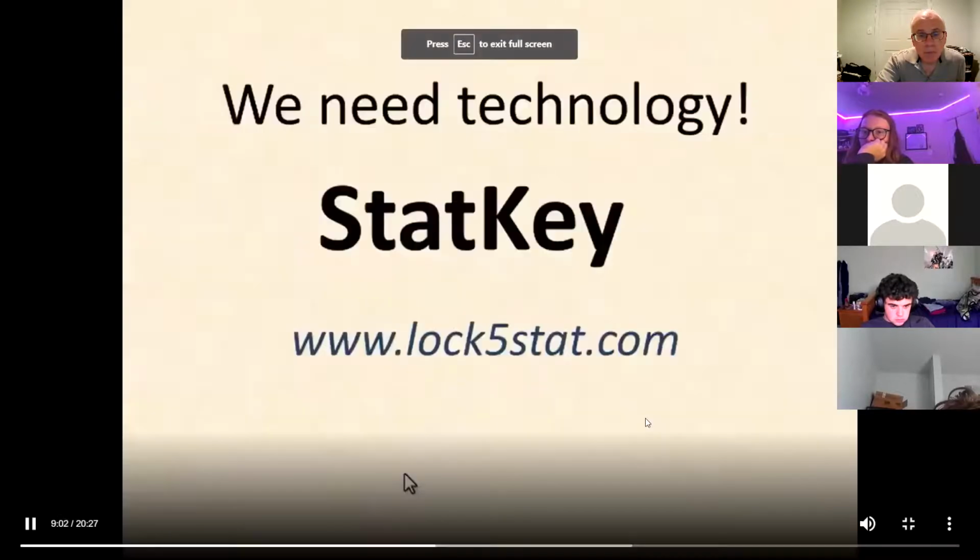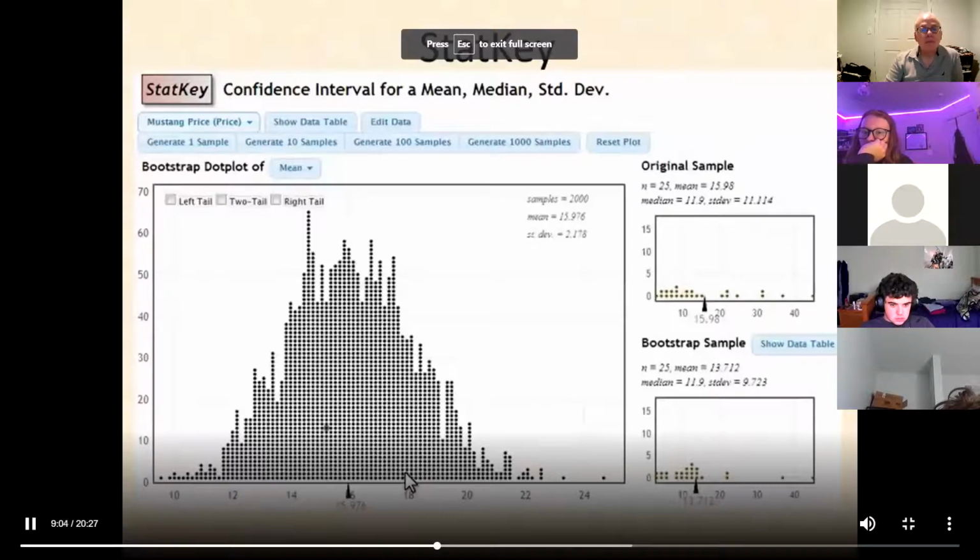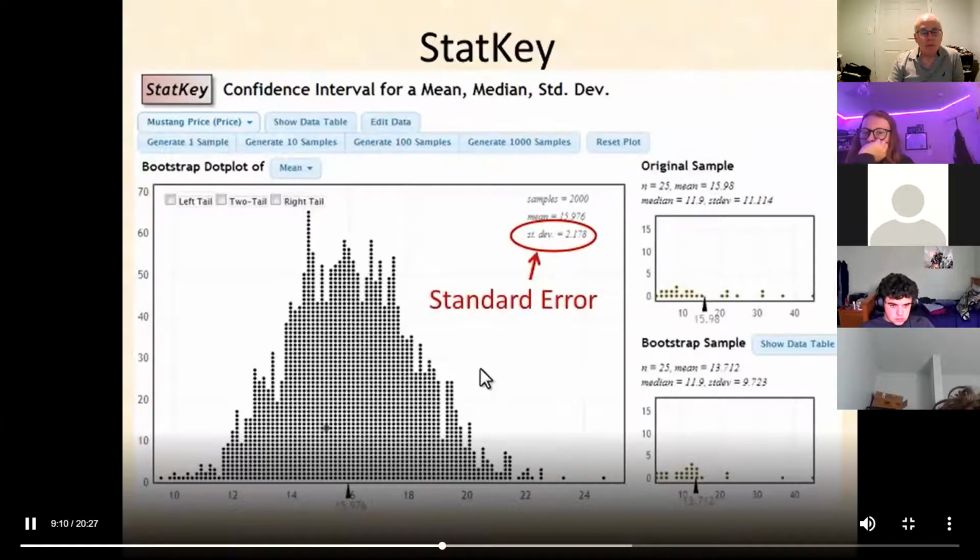If we go back to the slideshow, here's a previous simulation that we did, and that value, the standard deviation of these bootstrap statistics, is an estimate of the standard error, the same standard error that we can find by formulas also. And so how are we going to